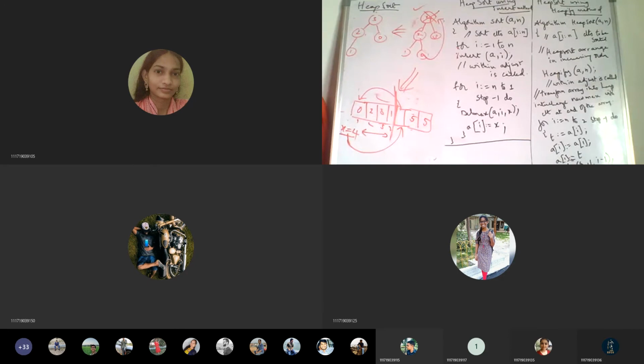Okay. Is it a max heap now? 3 is greater than its descendants, 2 is greater than its descendants, 0 since we don't have anything. So that's it. Okay. Is it a max heap now? Yes. So once it is a max heap, what will we do again? We'll delete the maximum element and the last element will occupy its place. So what will we have now, this one?